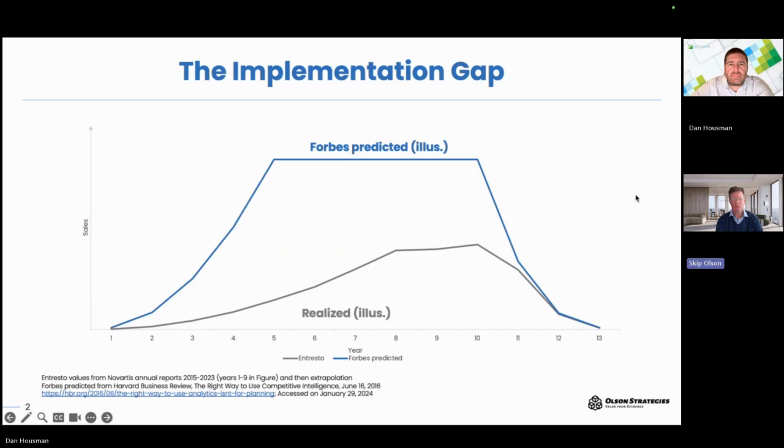And what I call the implementation gap is the difference between these two curves. And here in this particular example, and in several that I've done, the gap is like threefold. You could get up to threefold the kinds of sales if you were able to actually get a very fast uptake to a much higher peak than you would normally be getting. And this gap,